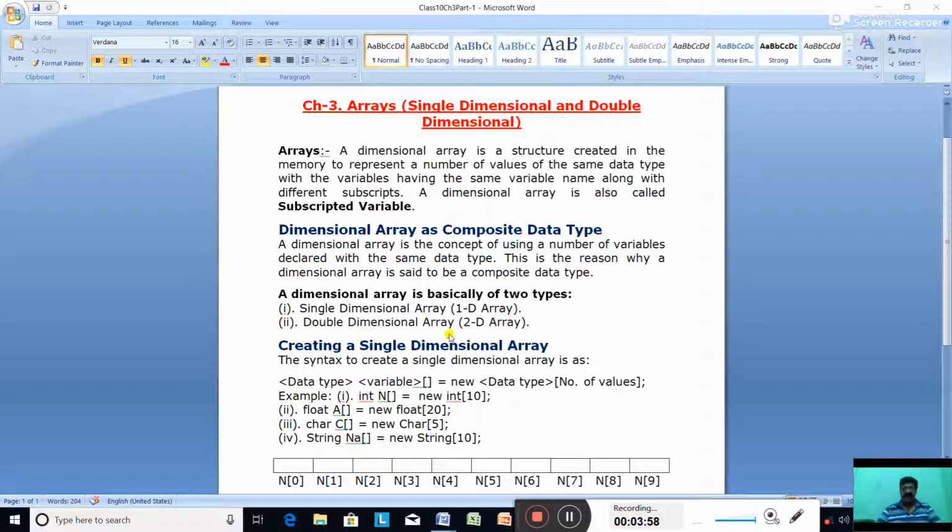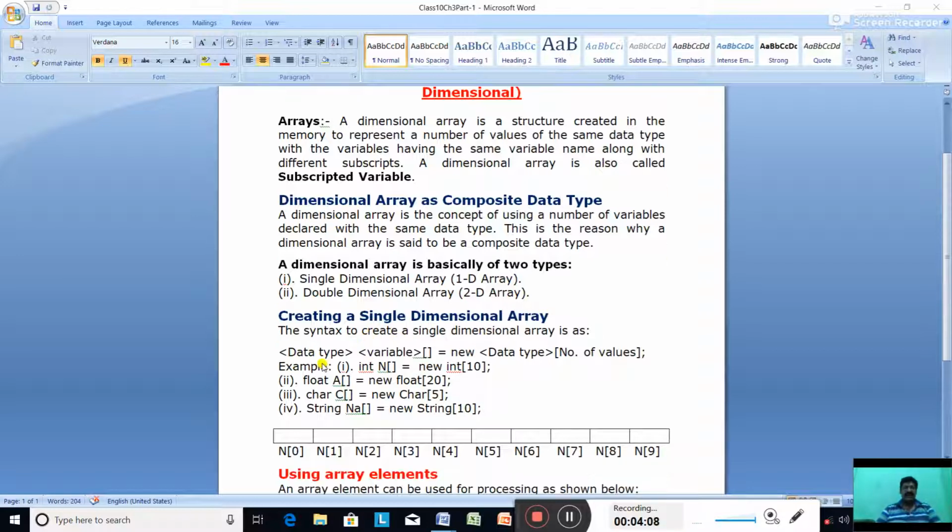Now, how to create a single dimensional array? The syntax is: first we write the data type of the array, that is called base type. Then the variable name, which is the array name.